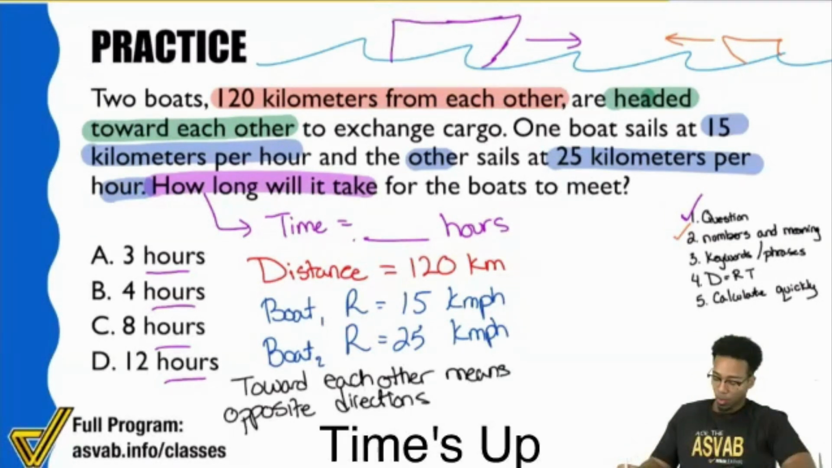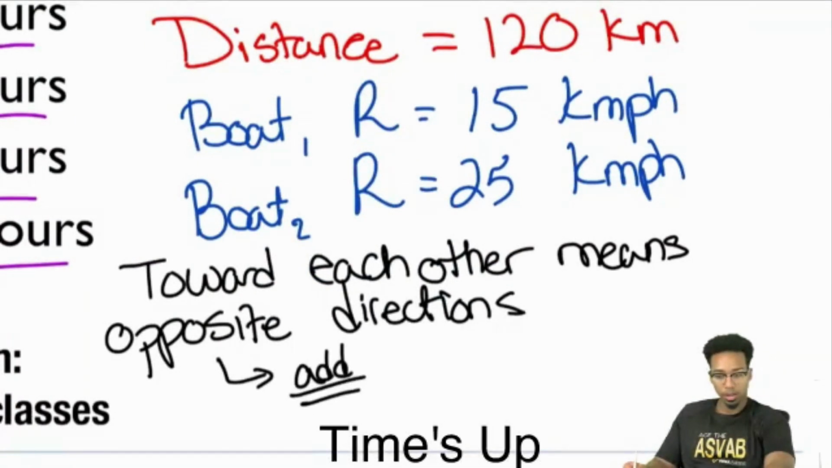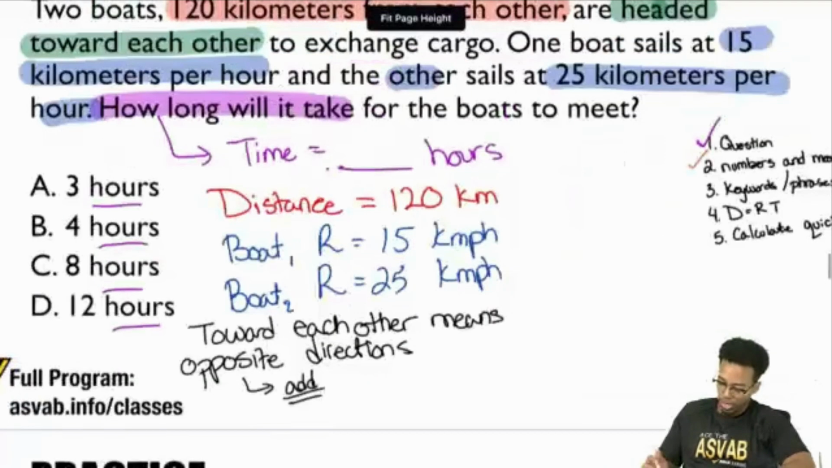So cool. With that, here we go. Let's go and fill it in now. We want to add. So toward each other means opposite directions. And remember, that means add. Add right there. So let me get rid of this right here. Okay, so let's finish this off. So distance